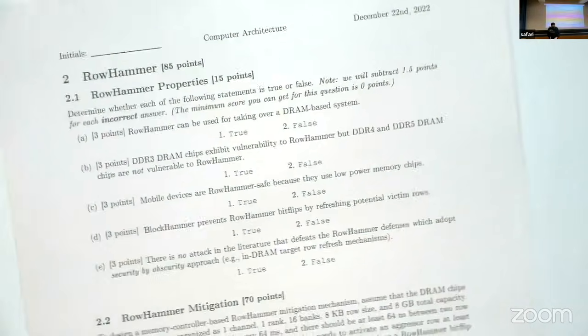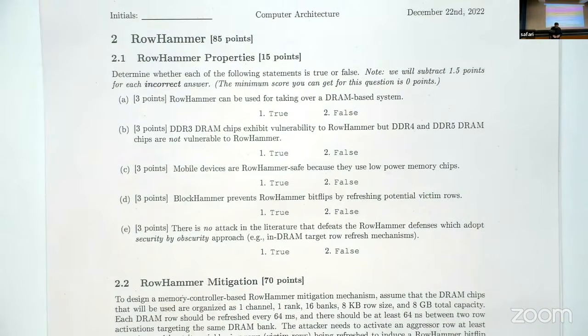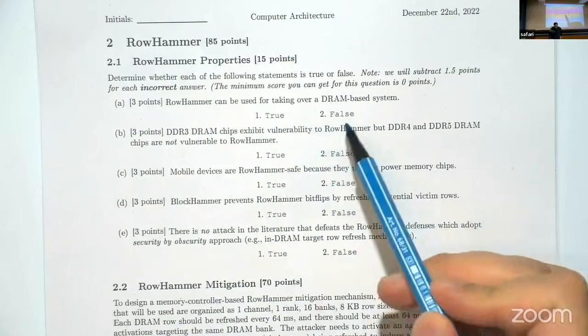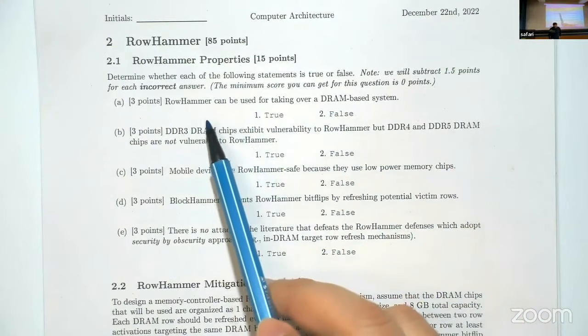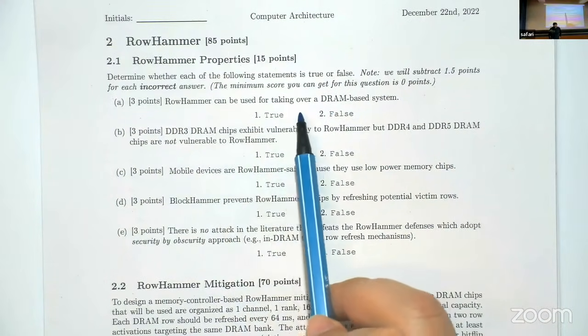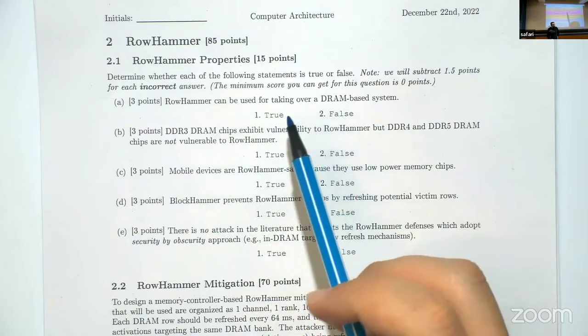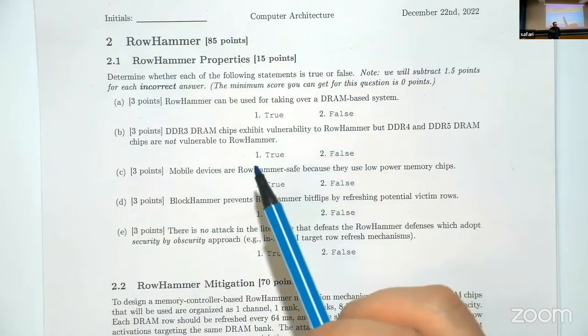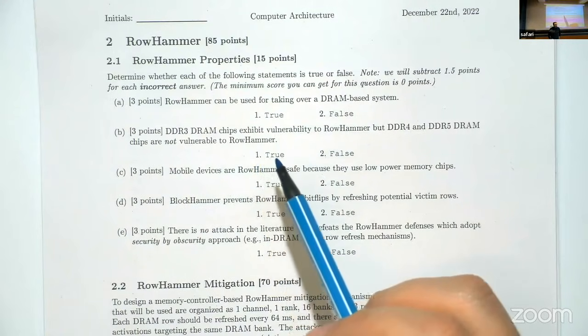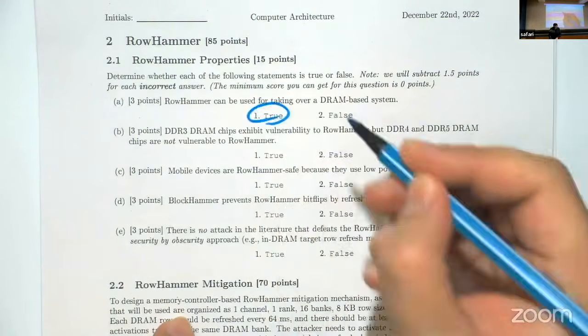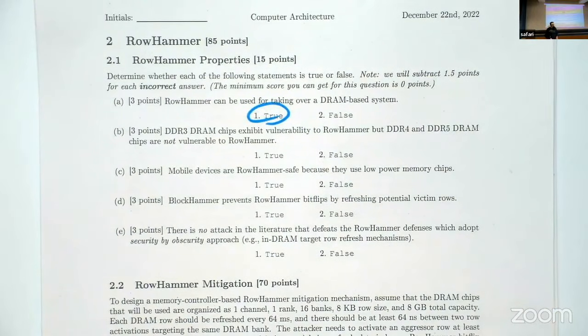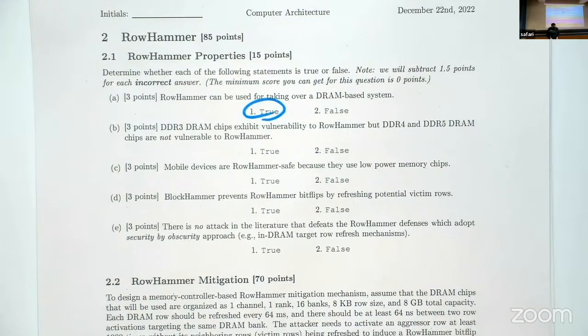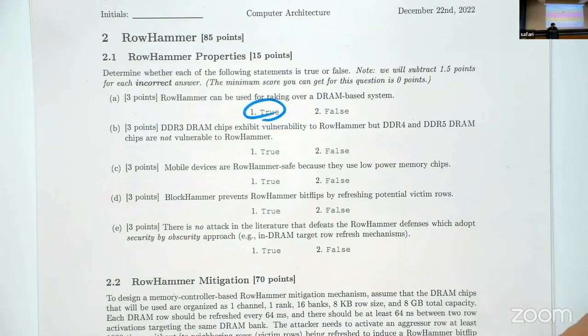Good. So this question starts with true and false questions. So let's go through them together. We need to choose true or false for each of them. The first one says RowHammer can be used for taking over a DRAM-based system. Is it true or false? What do you think? True? Okay, that's true. It's shown many times. The second one says DDR3 DRAM chips exhibit vulnerability to RowHammer, but DDR4 and DDR5 DRAM